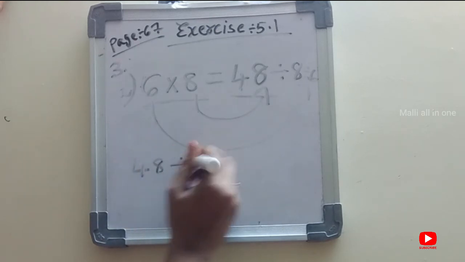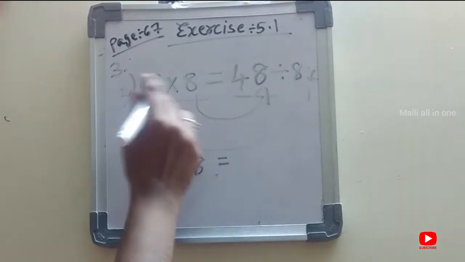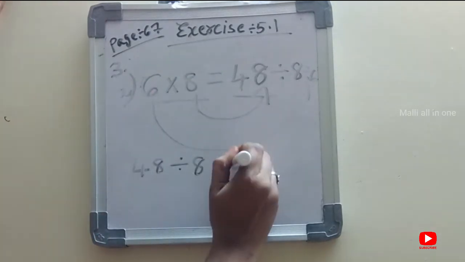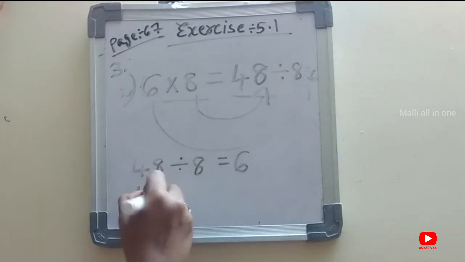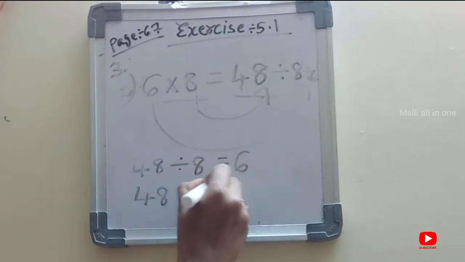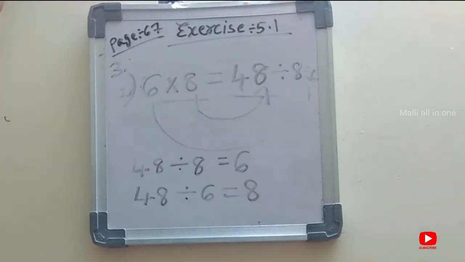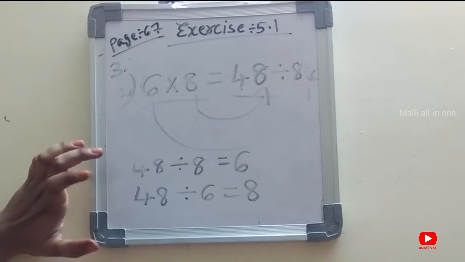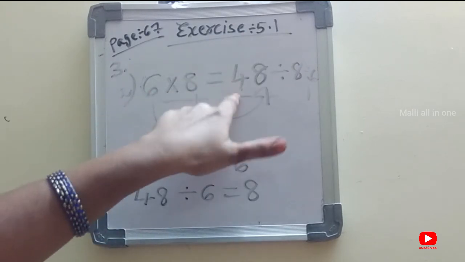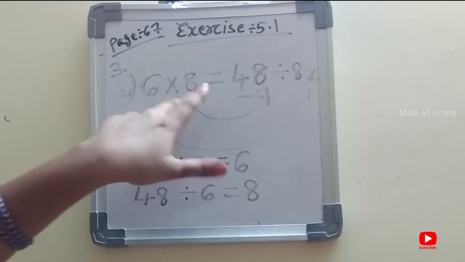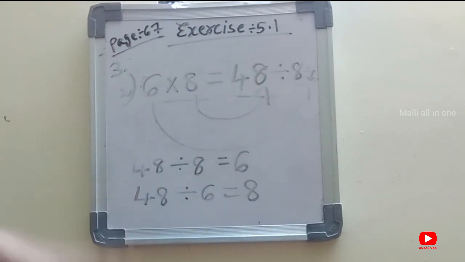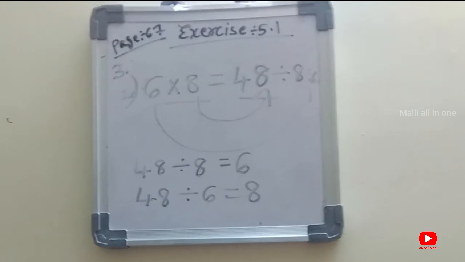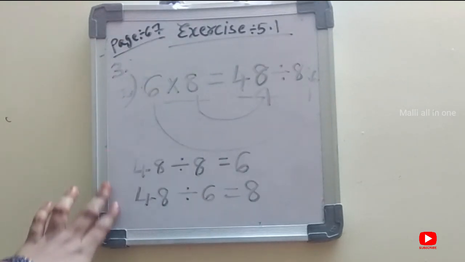48 divided by 8 equals, the answer is what you do not have here. 48 is there, 8 is there, the remaining 6 is not there. That is the only answer here. Now the next fact is 48 divided by 6 is equal to 8. Understand, children? First, 48 will be common in the division facts, meaning the number after the equal sign is common, but this number will be divided by this number. So what you do not have in those numbers, that is the only answer here. Two division facts they are asking. So these are two division facts.